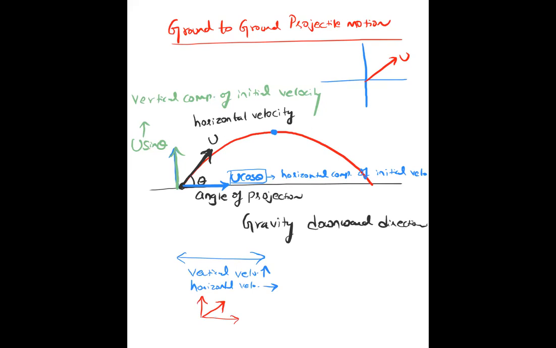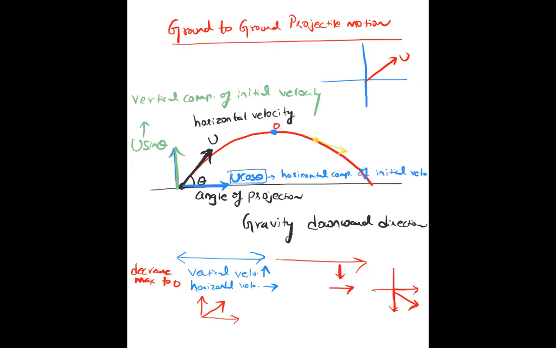But in the second half, the vertical velocity first decreases. In the first half, it decreases from max to zero. The vertical component becomes exactly zero at the topmost point. Then during the second half, the vertical velocity will be in the downward direction, and the horizontal velocity will still be in this direction. So basically, the net velocity is in the fourth quadrant. That is obvious also. If you draw, you can clearly understand that the net velocity is in the fourth quadrant.